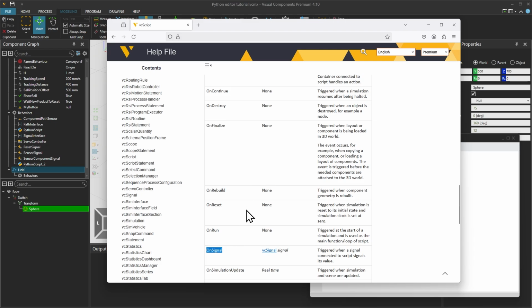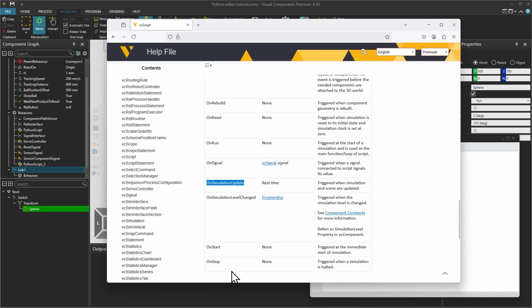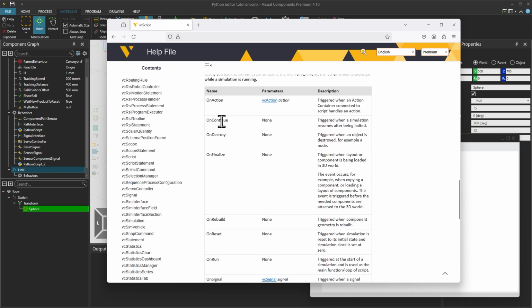OnSignal. This handler is called when a signal is received. OnSimulationUpdate. This handler is called when the simulation is updated, and the event handlers that are associated with the simulation player: on start, on run, on stop, on continue, and on reset.